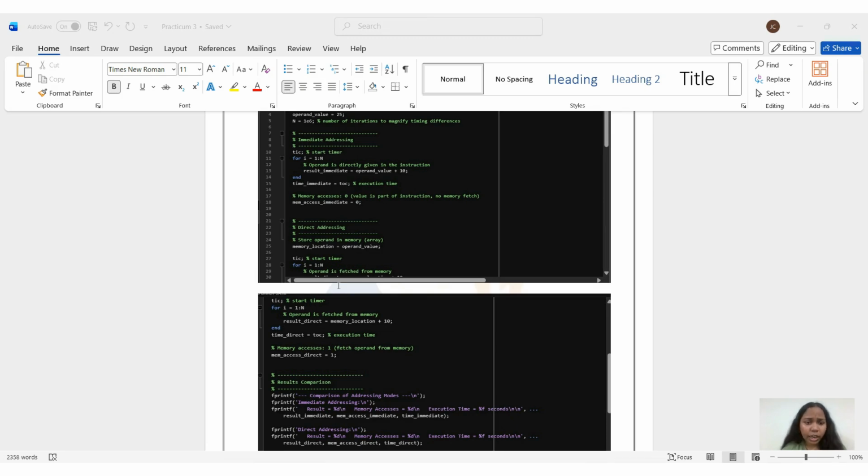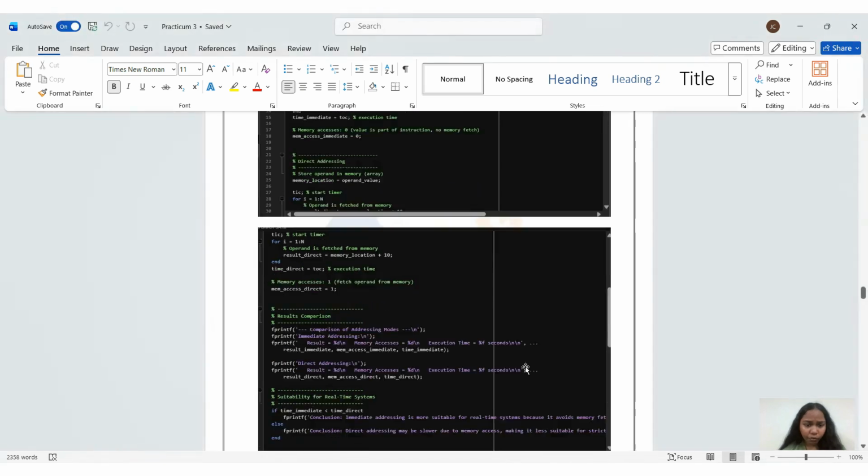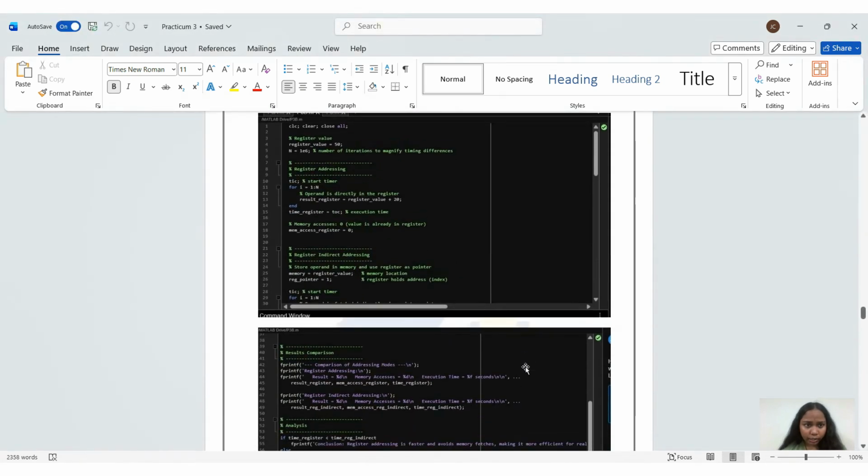In conclusion, immediate addressing is more efficient and better suited for real-time applications due to zero memory access, while indirect addressing is useful when operands cannot be embedded directly but involves minor overhead. So, and then the second